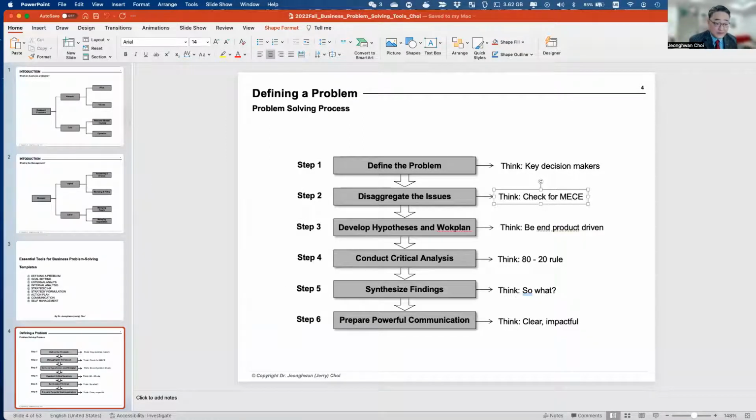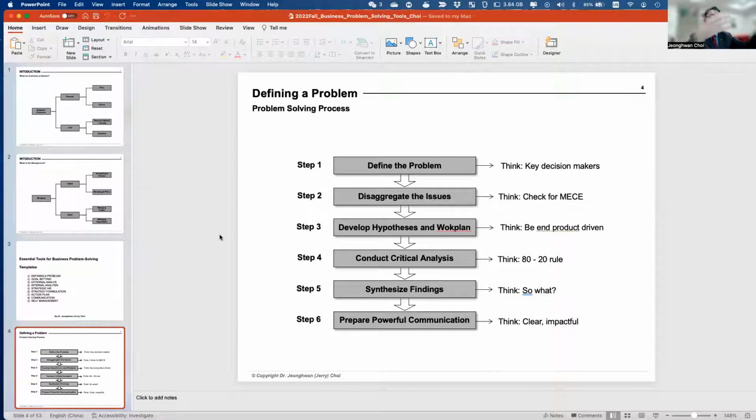We will learn about these principles by using the logic tree concept, the McKinsey logic tree. When we disaggregate the issues, then according to the identified issues, we develop the hypothesis and set up our work plan in order to tackle those issues. Maybe you are learning about hypothesis formulation in MGS2150. A hypothesis is the most likely assumption we set up,